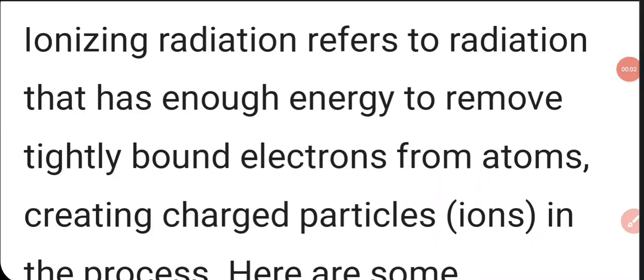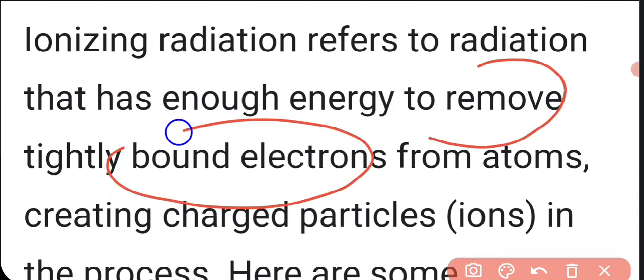Ionizing radiations refers to radiations that have enough energy to remove tightly bound electrons from atoms. So, if an atom is having one less electron, it becomes an ion, because there is an imbalance between